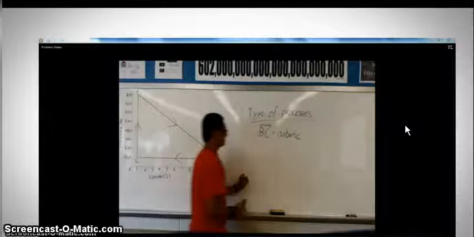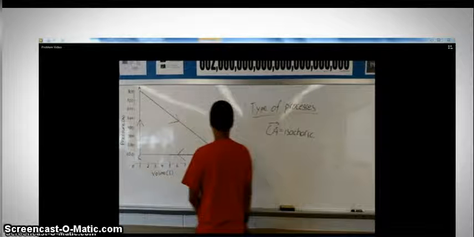Last thing to do is to identify the types of processes from point B to point C and point C to point A. The process from B to C is isobaric because they have a constant pressure at 100 and the line on the PV diagram is horizontal. And from point C to point A is isochoric because they have a constant volume and the line in the PV diagram is